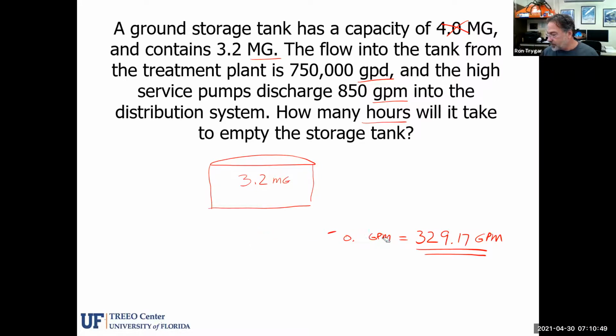So let's go ahead and erase this part here. So we've got all that figured out. Now let's go back to the math here. We need this million gallon units to be in gallons, not 3.2 million gallons. We want this to be in gallon units. So 3.2, multiply that by the number 1 million to put this into gallons units, is